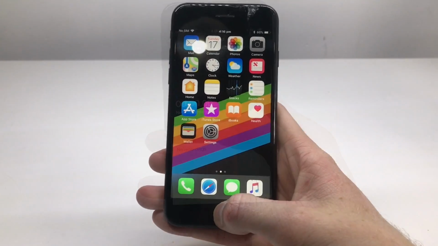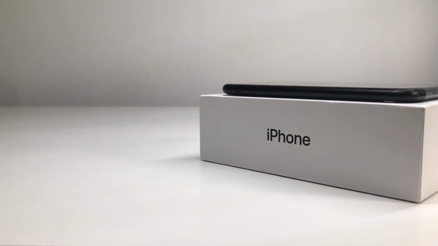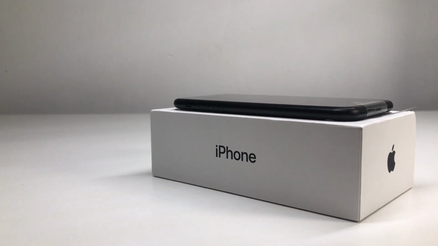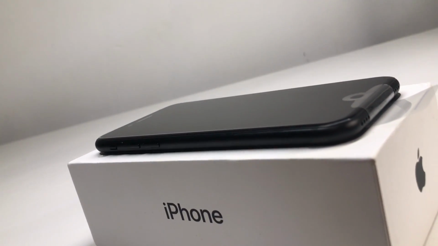Now I've got this iPhone 7 here that's got loop disease, and I actually got this replaced by Apple with a brand new iPhone 7 32 gig. So I'm going to be going through some things, some symptoms, and really everything you need to know about loop